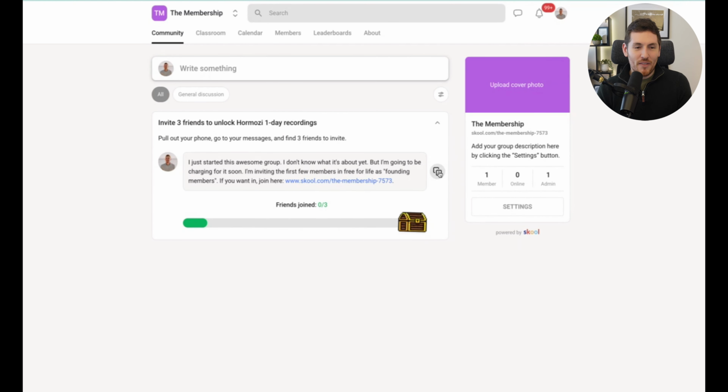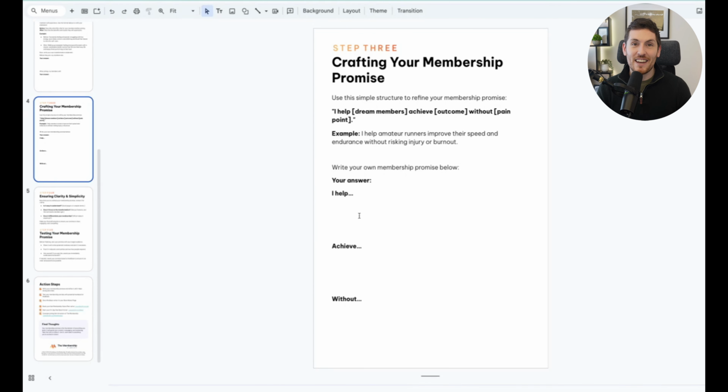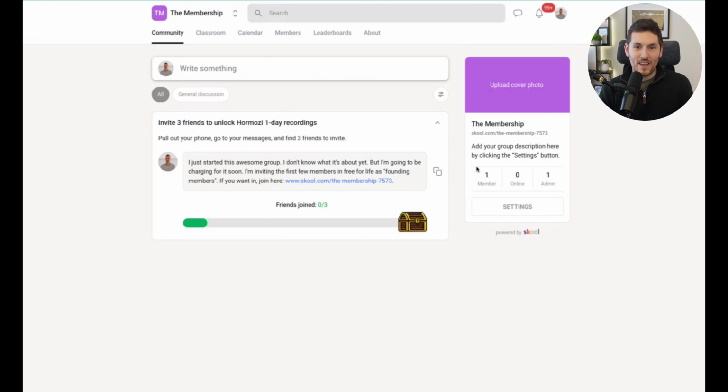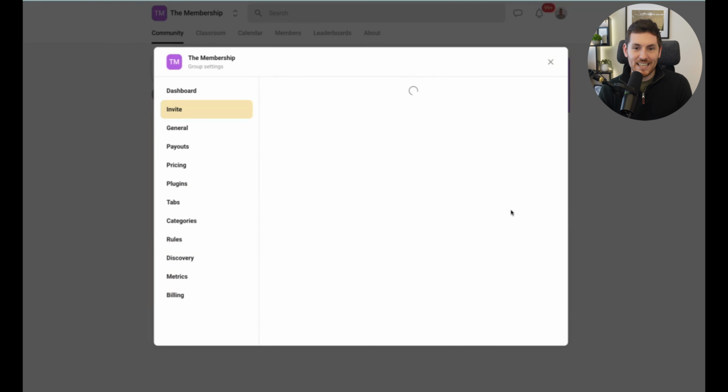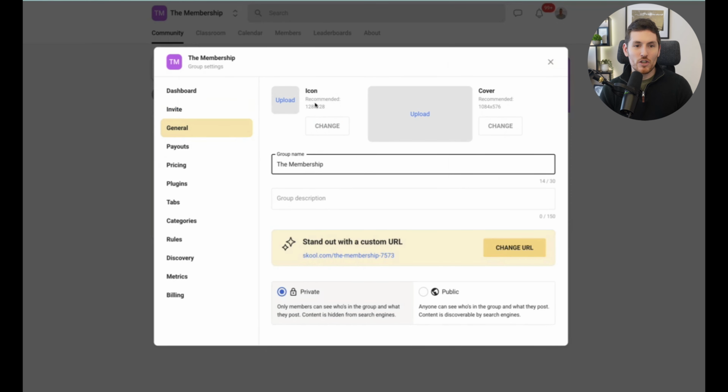And then once you have done that, let's go back to the micro action sheet. So we are going to write our 1-line description. Now, remember we said I help dream members achieve outcome without pain point. So where we would add that is you go to group description by clicking settings, and then I believe it's in general. Yeah, here you go. So you can upload your icon for your membership and your cover photo as well,